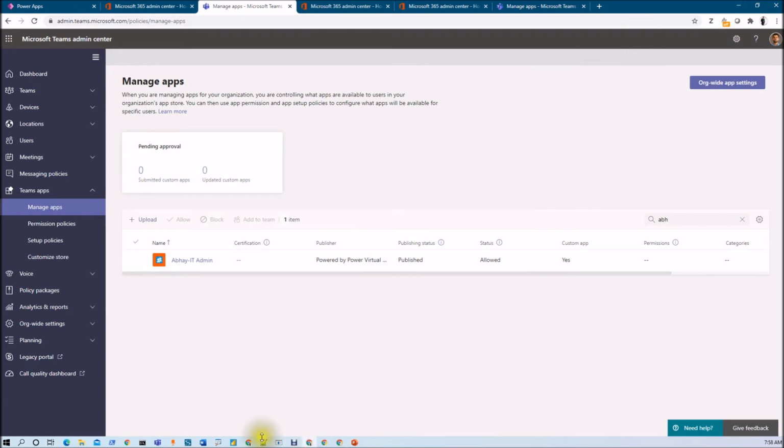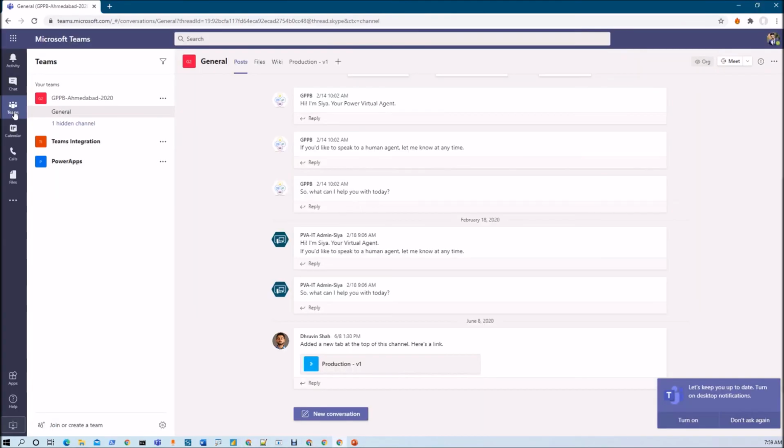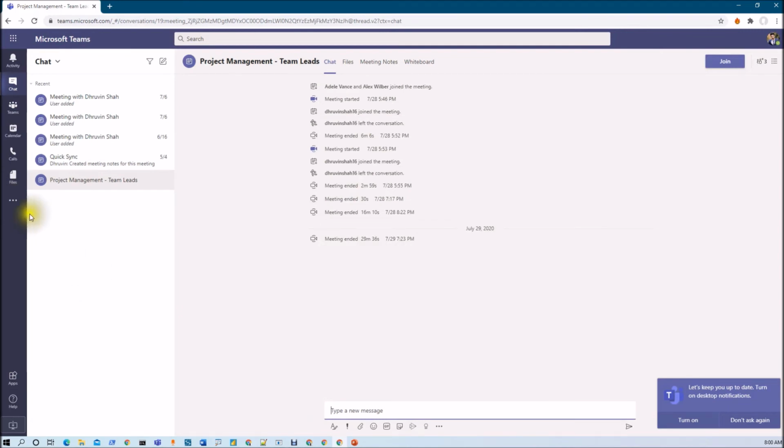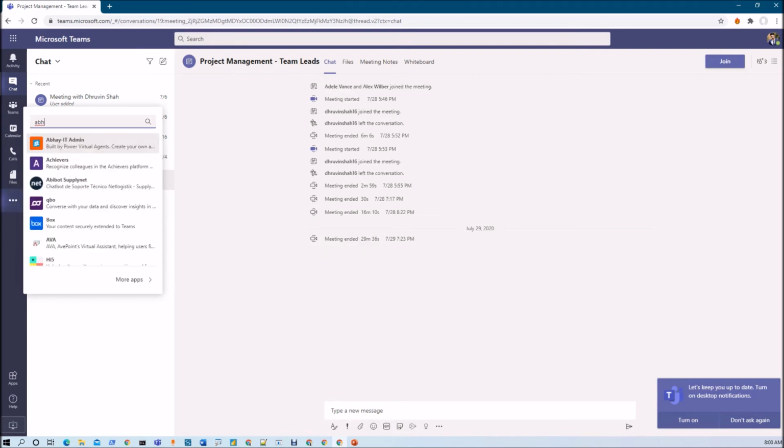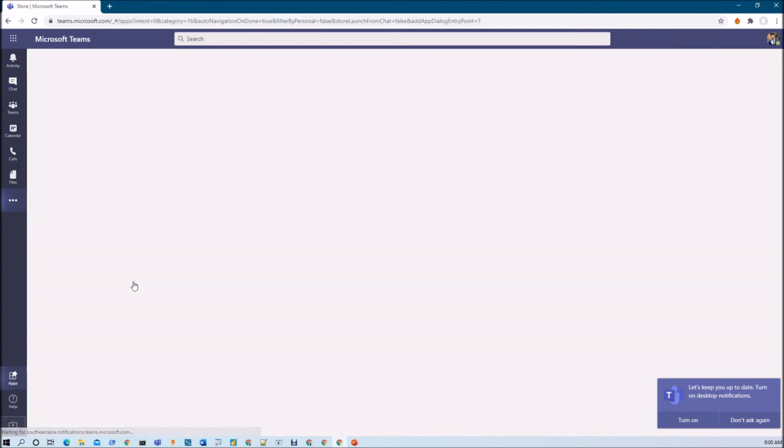Right, so what he needs to do here is, let me first open up Adele's account. This is Adele's account. Now if Adele wants to use that app, Adele can click on this ellipsis icon. Adele can search for the application from here and he will see the app over here, or he can click on more apps.